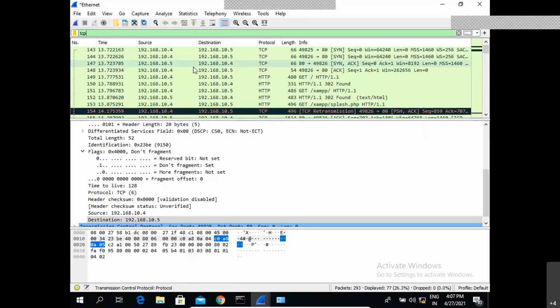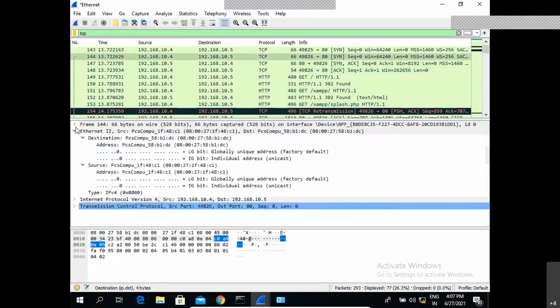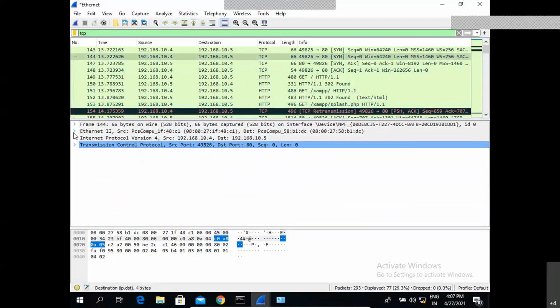In the first packet, 144, from 10.4, I'm trying to send a communication to 10.5. So my SYN packet has been sent from 10.4 to 10.5. Similarly, we'll go quickly to the TCP protocol dissection in the second section.